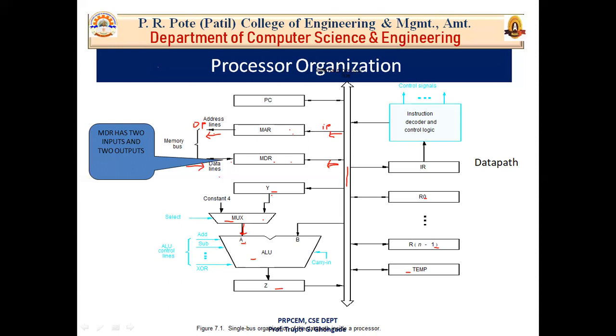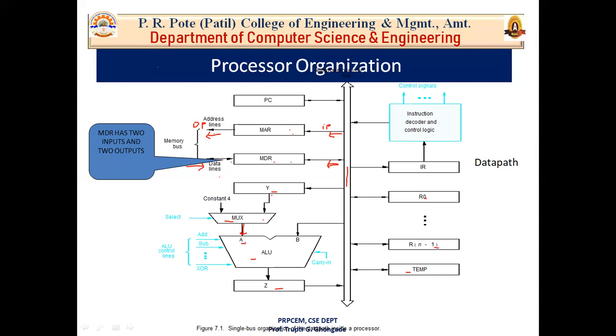Now why here are we taking constant 4? Because we are assuming our processor, our system, is 16-bit. Okay, and if our processor is 16-bit, so in byte addressability, we have to increment our PC by 4. That's why here we are taking the constant 4. Okay, so here we will refer to the two possible values of the multiplexer, that is select 4, that means constant 4, and select Y, that is output of Y, for selecting the constant 4 and register Y respectively.